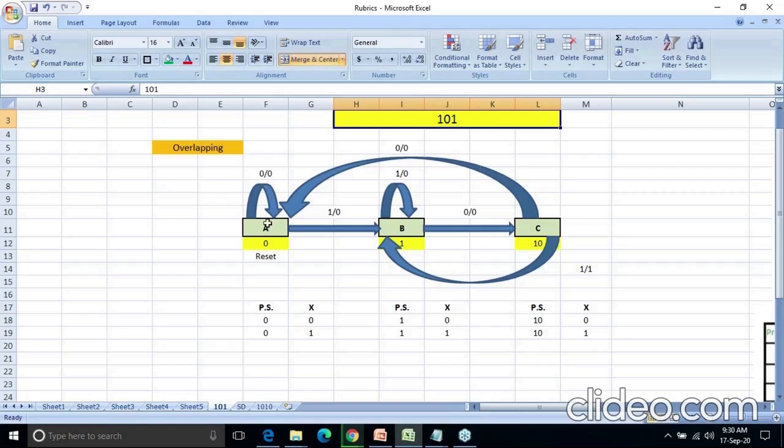So how to do it? Here, because this is Excel, I have written squares, but you need to write circles, because nodes or states are drawn in the form of circles. Now I am considering the overlapping case. What is meant by overlapping? As I discussed, overlapping means the last bit I am considering as the first bit. Is it clear? So first you have to draw the state diagram for the sequence detector 101, and because in a paper it might not be written whether to solve using overlapping or non-overlapping, you need to write here that I am doing it for the overlapping case.